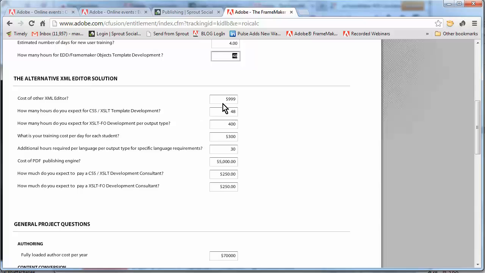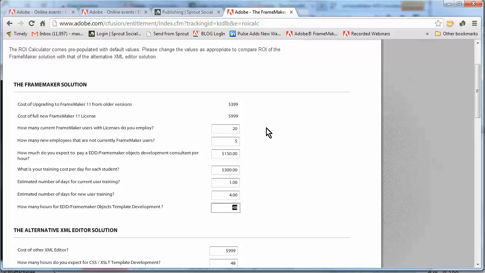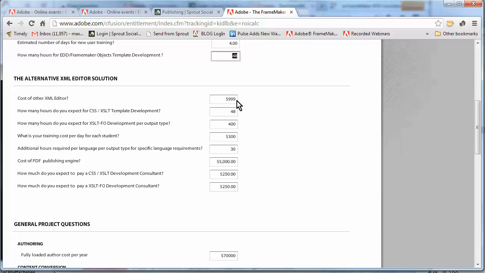So what is the cost of the XML editor? Typically it could be less expensive, could be $9.99. How many hours do we expect to develop the CSS and XSLT template development? This is usually a minimum of about 48 hours. How many hours do we expect to develop XSL-FO development per output type? And this would be specifically for PDF output. This is one of those hidden costs. People sometimes don't realize that it can be up to 400 hours to develop the style sheets to do the